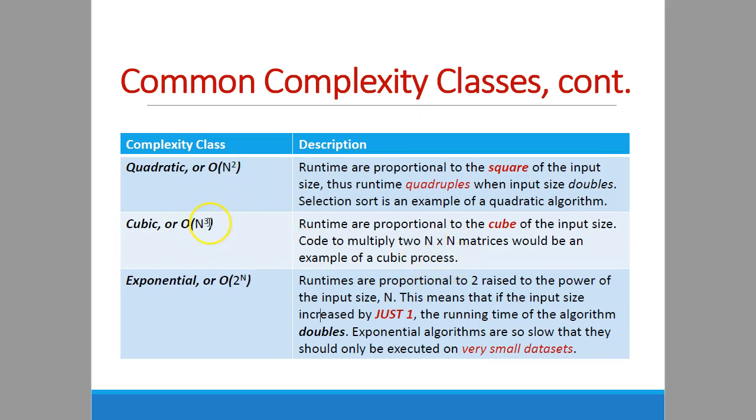N cubed is not very common. You rarely see things that are cubic. Matrices are a good example, if you have 3-dimensional matrices or something. So it's pretty rare. Now, exponential is unfortunately common,